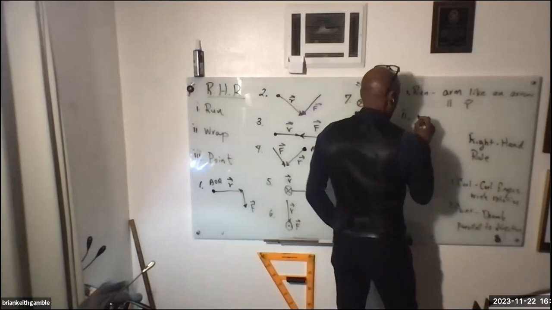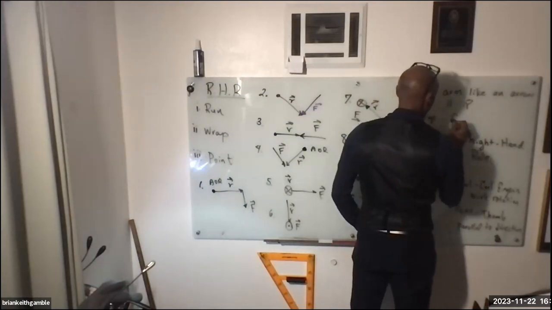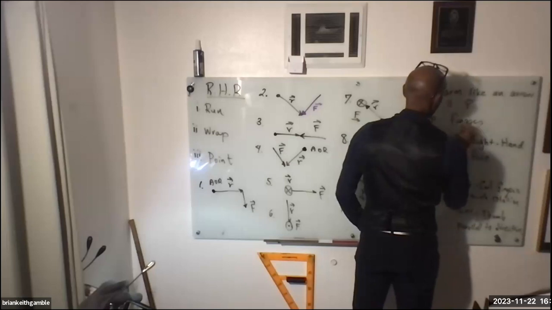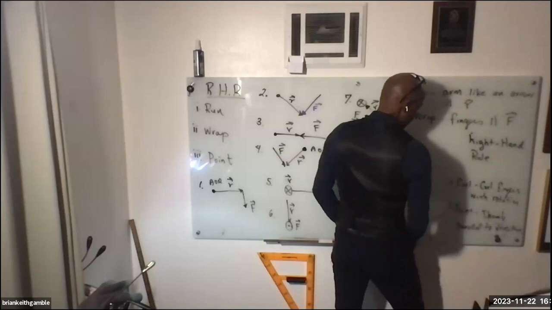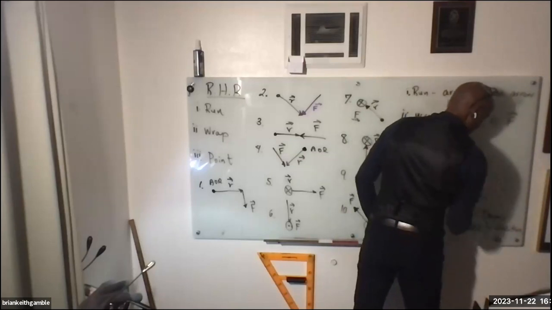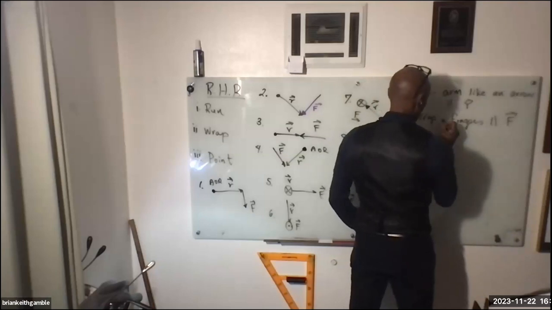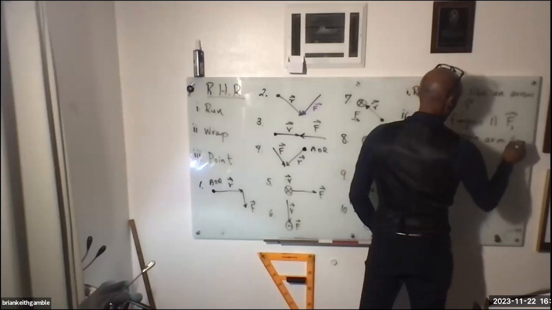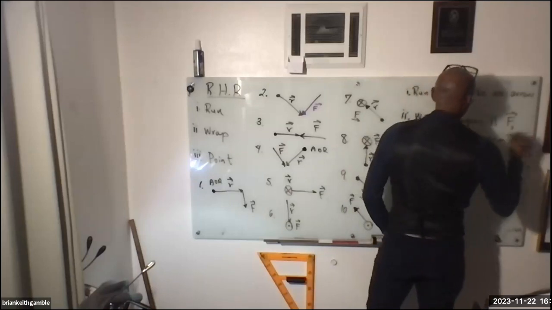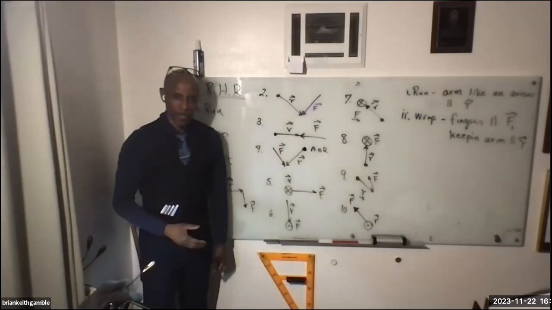So wrap your fingers parallel to F, keeping arm parallel to R. Now, if you're in an odd configuration, you're going to have to again move around,